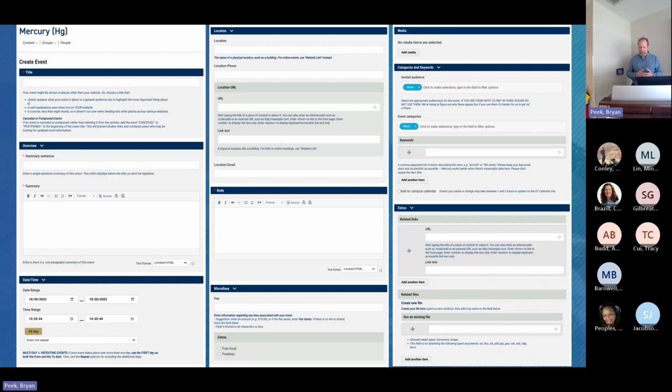Events, I think, are also probably self-explanatory. There is the one thing to note about events, and you can see this. There's a box in the right-hand column, right above where it says extras. I've been arguing that we need to put this someplace where it's a little more prominent, but it's "add to the campus calendar." So if you check that box when you create an event, within a certain period of time, I think the calendar polls like every 15 minutes, boom, it will be in the calendar.